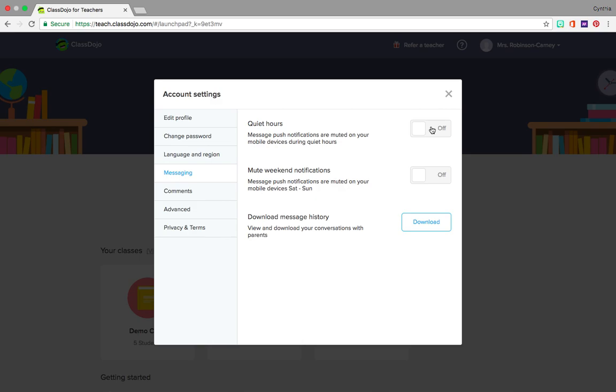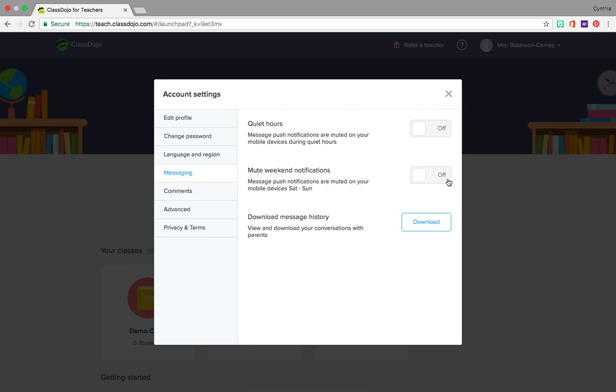So maybe there's a certain hour out of the day that you will have Class Dojo up and running on your screen, but you want to mute it. You can do that. You can mute the weekend notifications if you add your email or cell phone to your account and you don't want those notifications to pop up. You can mute those